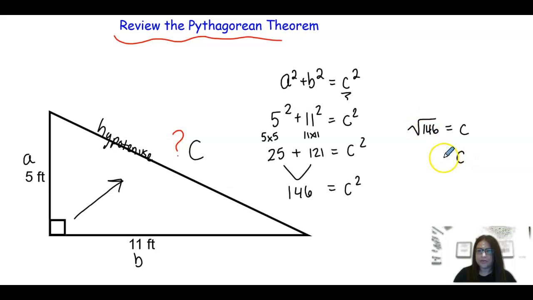So we did our square root, and we're going to get approximately 12.083. Now this goes on and on and on. So we're going to go ahead and round. Now I'm going to ask us today to go ahead and round to the